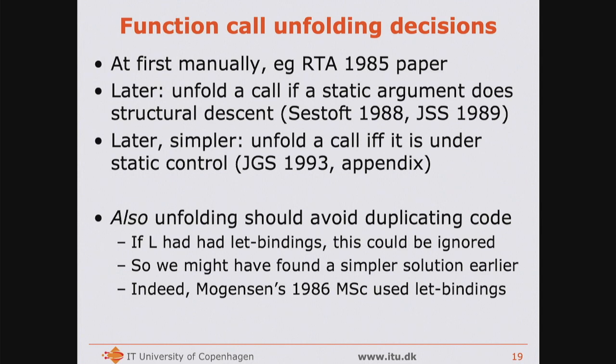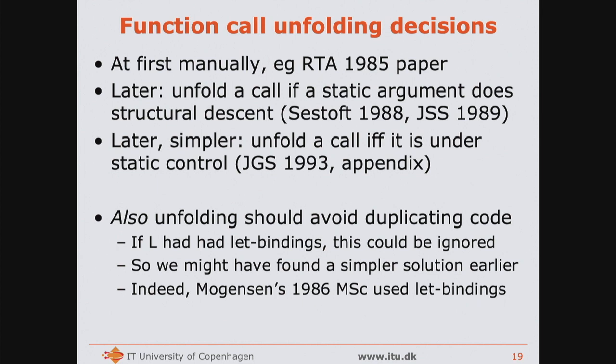Unfold a call if there's a static argument that does structural descent in its argument and everything else is equals. And later we found out it was actually much simpler to unfold a call if it's under static control, if and only if. And if you look at the appendix of the Jones-Kumar-Sestoft book from '93, the specializers shown there use this simpler approach. I think one reason we didn't invent the simpler approach is that